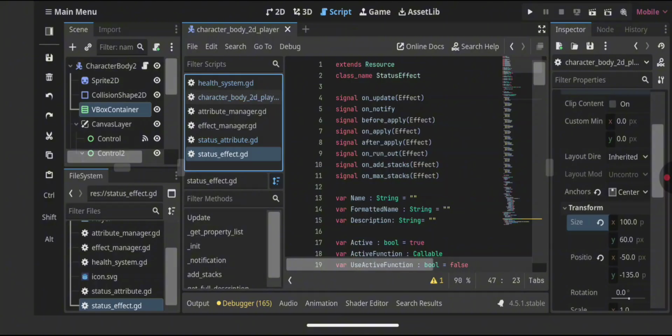Very simple example, showcase. So here in the on status effect, I added on notify signal and on update signal, and I set the parameters from every single signal with the effect. So every single signal, except for on notify that you can add as well, will send the effect itself. Okay,